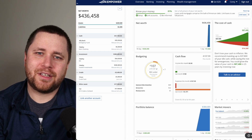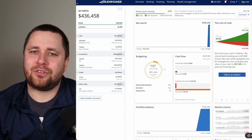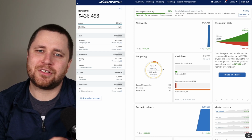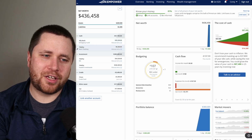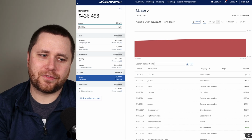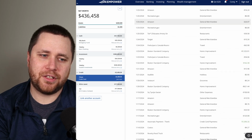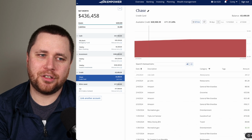It shows you all of your account balances and activity in one centralized location. You don't have to navigate to this credit card company and that savings account to look at your balances. You can log into one central location and see not only all of your account balances, but also the transaction detail. And you can see transaction detail for each account. So if I click on this credit card that I've synced to this demo account, you can see the recent activity. The transaction detail is not just visible in the account detail page, as I've shown here, but also in